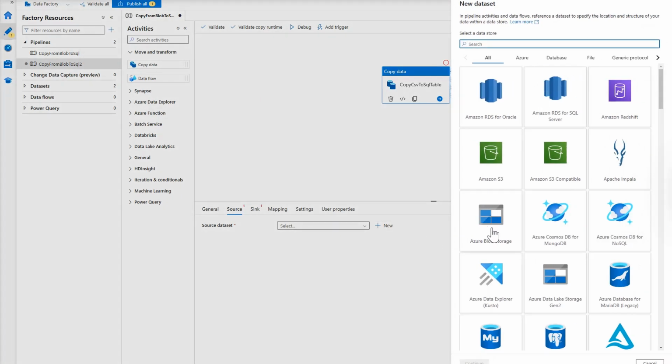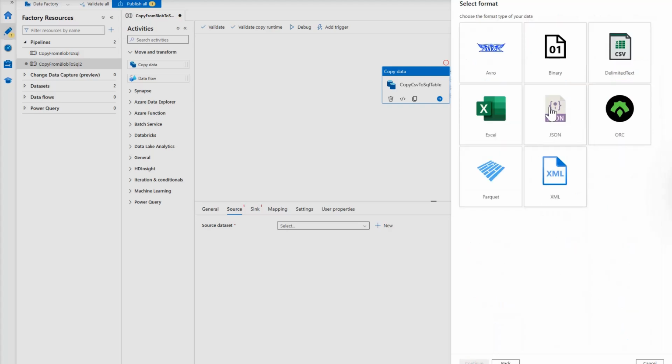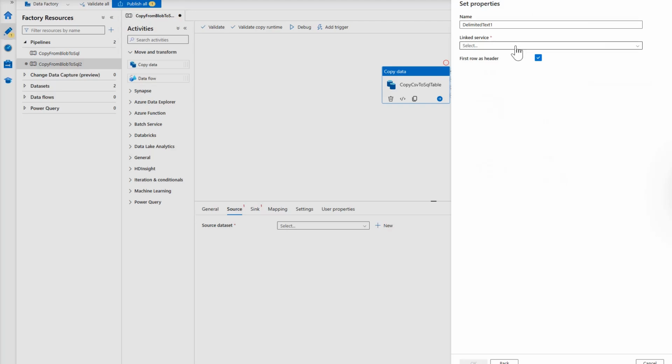You want to read data from Azure Blob Storage. So you click on Azure Blob Storage, click continue. Your data format is CSV. So you click on delimited text CSV, continue. Give your data set a name and make sure that you tick this checkbox. In the linked service,